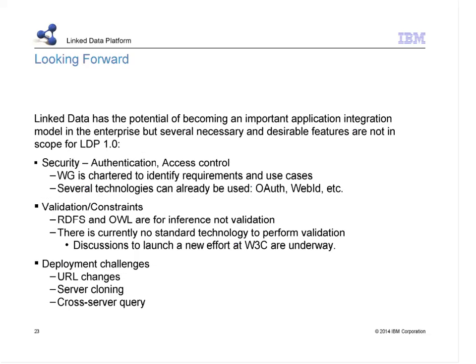There is a new working group that is being proposed to W3C. I'm also involved in this. It has to do with validating data. When you start doing application integration, you're basically defining interfaces for services. If my application handles defects, you can't expect to send me a travel reservation and hope that it works. And so how do you communicate that you actually handle defects, what the defect looks like, and how do you validate this?